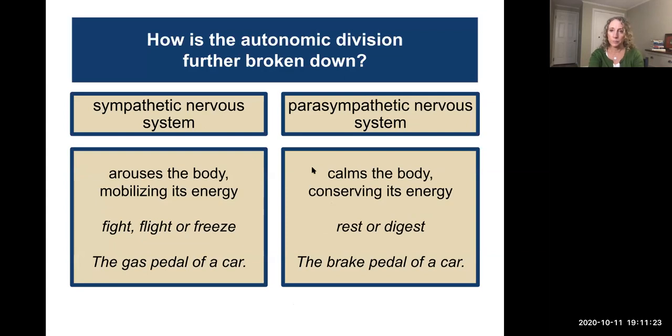All right, so the next two things I'm going to tell you about, I see it every year on the AP exam, and you'll probably see it on the unit test. Making sure that you know the sympathetic nervous system versus